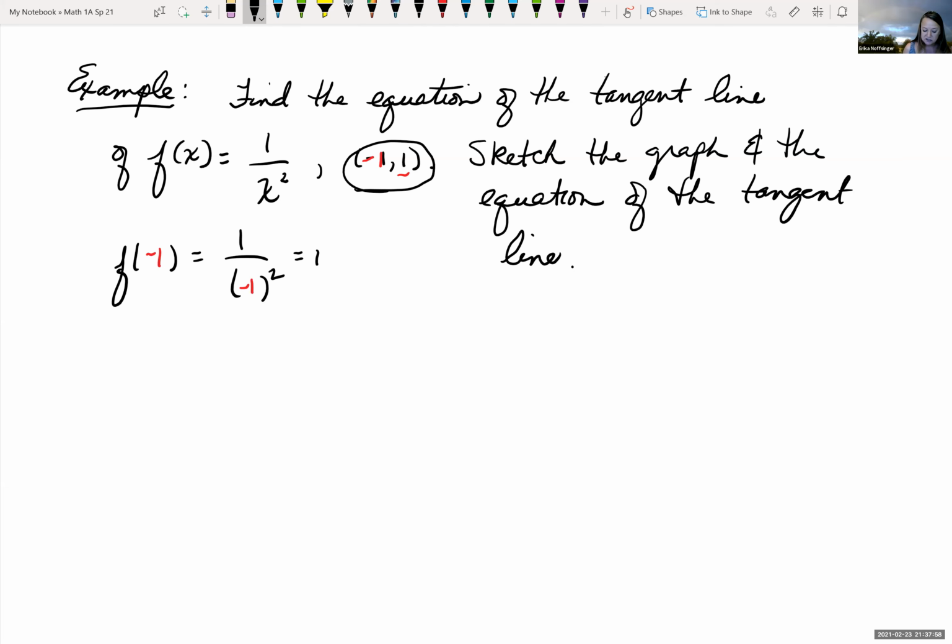If we want to find the equation of the tangent line, for a line we need two things. We need a point, which we have, and we need the slope. So we want to find the slope of f of x at x equals negative 1. So we need to find f prime of negative 1. So maybe I need to say this really quick, but if we're looking at the limit and we want to find it at, well, let's just do this. So we need to find f